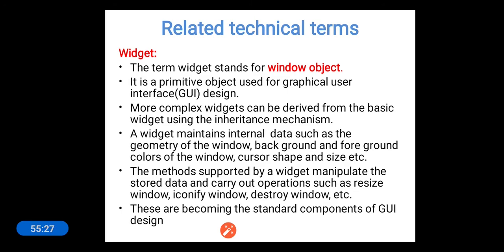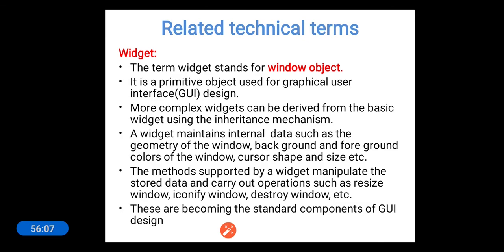So, window object. Generally a widget is nothing but a window, that is, a rectangular screen that appears to you on the monitor. And in that window you will have certain options which internally execute certain commands. Those options, that is the icons which you see, are nothing but widgets or window objects. For example, whenever you open any Word file, you see the edit option. That edit is a kind of window object. It is a widget.